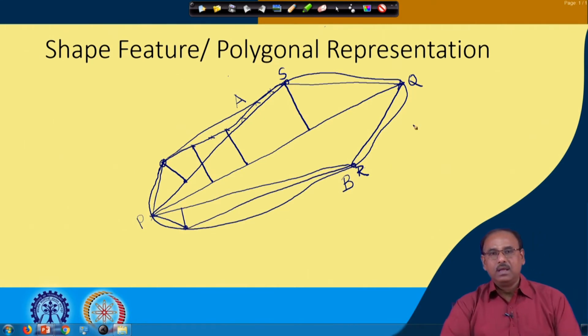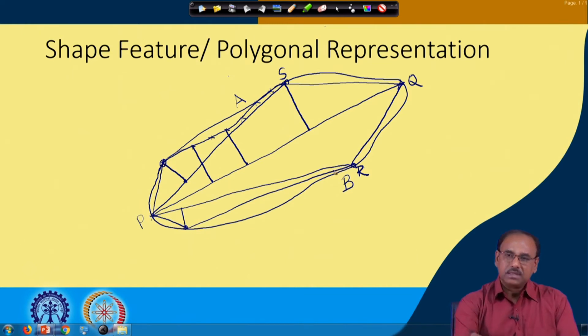So, each of these vertices, if you join together, what I get is a polygonal representation of this arbitrary shaped boundary. Once I get such a polygonal representation, from this polygon I can try to extract different types of boundary features simply from the properties of the polygon. So, this is one way of polygonization of an arbitrary boundary, and once I have such a polygonal approximation representation, from this polygonal representation I can obtain different types of descriptors, or I can also obtain different types of descriptors from